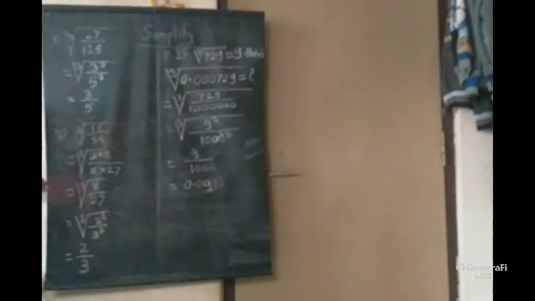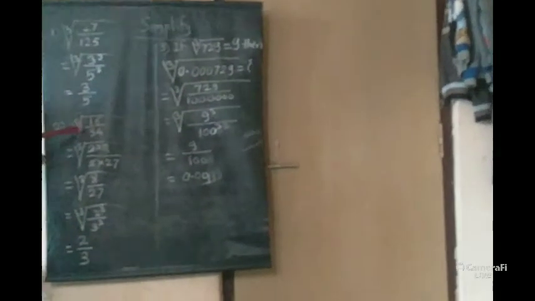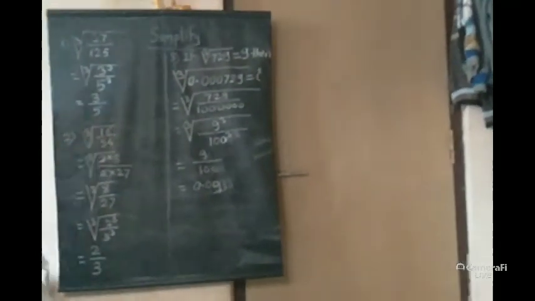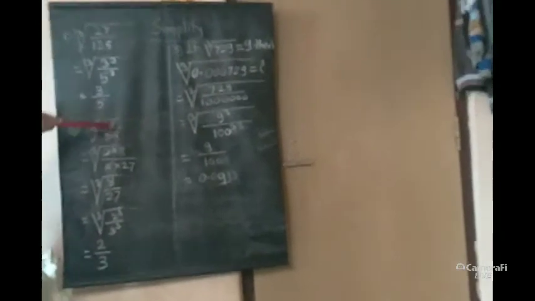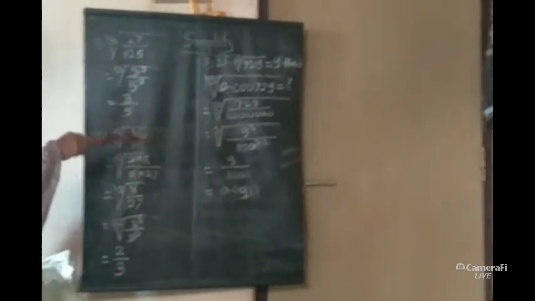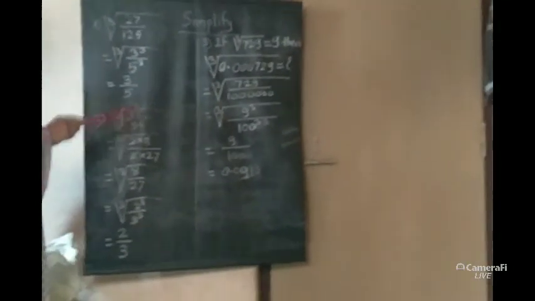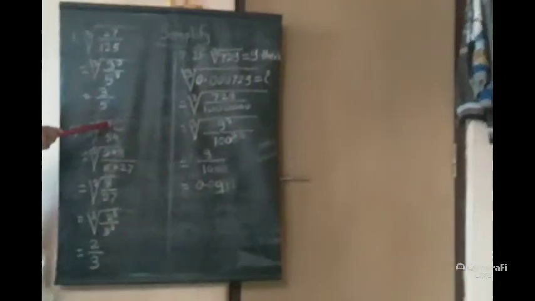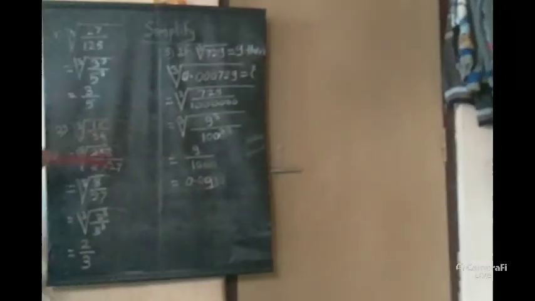Now see the second example. In the cube root of 16 upon 54, we have to find the cube root of these numbers, but these are not perfect cube numbers. In the previous example, these were perfect cube numbers, so we could easily find the cube root. But here these are not perfect cubes. 16 is not a cube of any number, and 54 is also not a cube of any number. So we factorize the numbers so that one factor is a cube number and the other is not. Here 16 is factorized as 2 into 8. Here 8 is the cube number, it is the cube of 2.